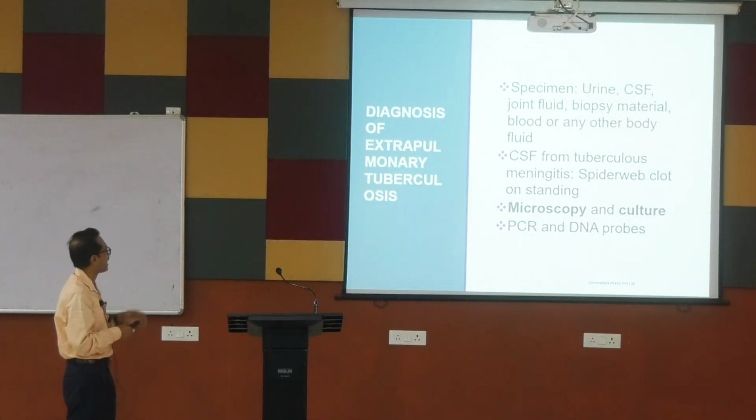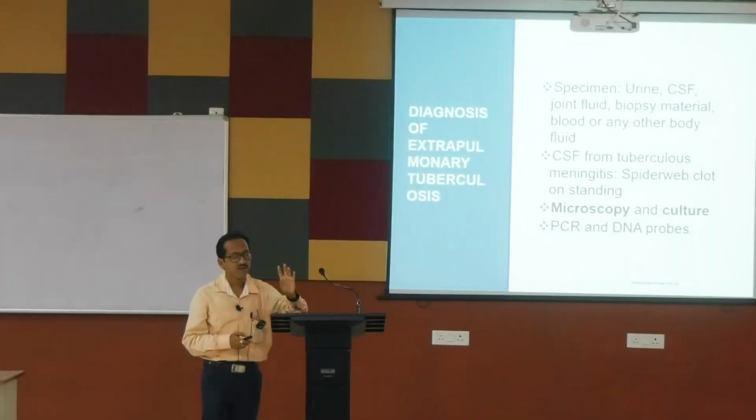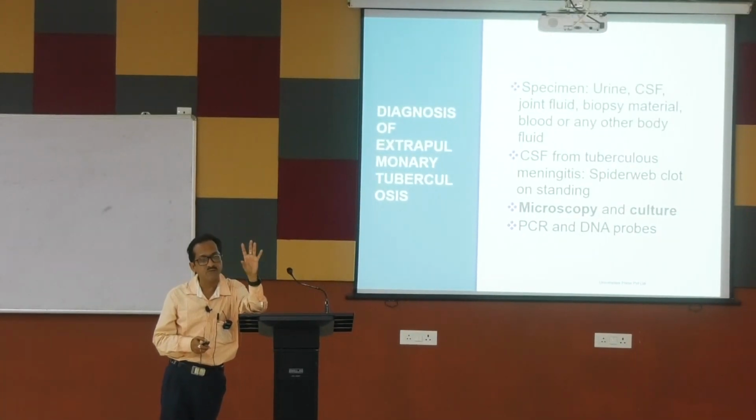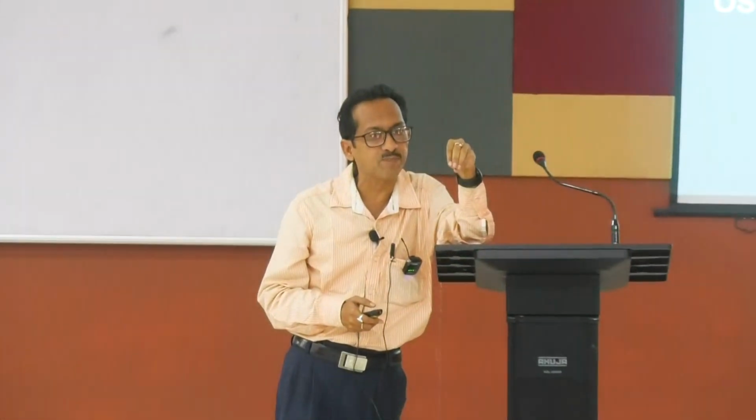Extrapulmonary tuberculosis. What are the samples you will take? Urine, CSF, biopsy material. CSF from tubercular meningitis has a spider web coagulum. If you keep the CSF at room temperature, it will form a spider web-like coagulum. If you keep the CSF of a tuberculosis patient at room temperature, that will